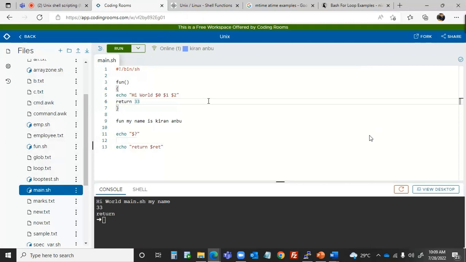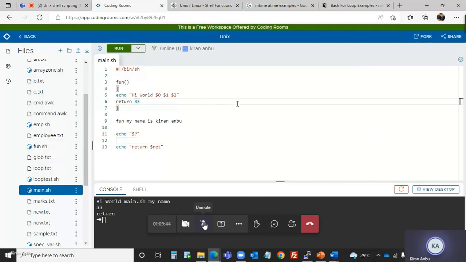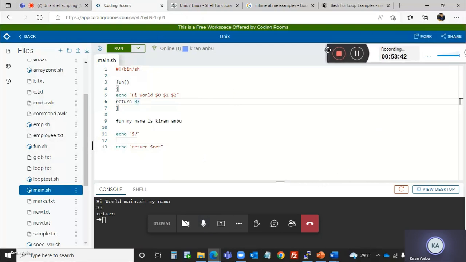Okay, so this is about functions. Tomorrow we will see function. We will have the concept of a function also, how you will write functions. Same here, so we can write